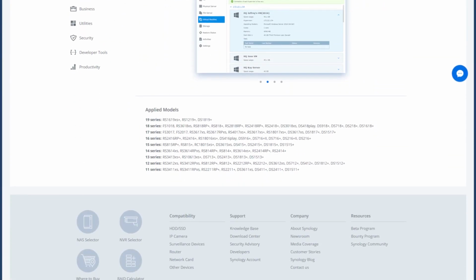To start, you will need to install the Active Backup for Business package. You can find the complete list of compatible NAS models on Synology's webpage. Next, please go to